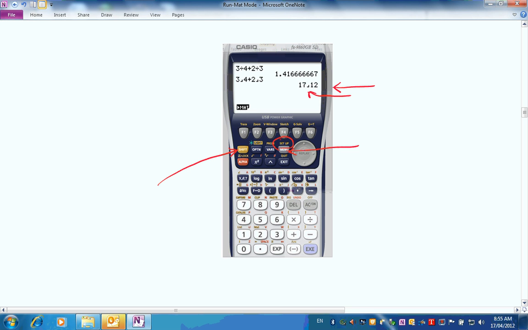And then hit execute. Then the problem I want you to do is 4 subtract 2. So what we will do now is put 4, and this is the subtraction sign here, 4 subtract 2, and if you then hit execute,